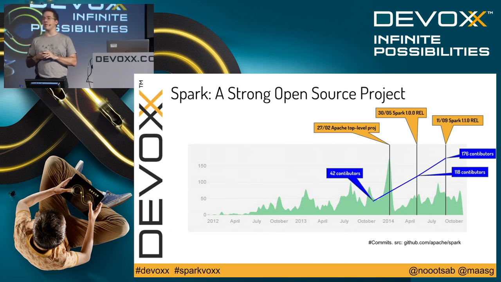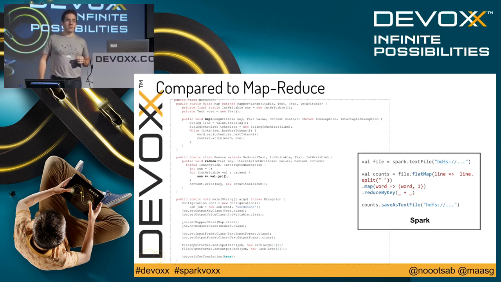Probably we will have above 200 contributors for the Spark 1.1.1 release. One of the medals that Spark has already taken into its own possession is that they are able to manage the open source project really well. The contributions are really streamed into the code, and the managers of the community are doing an excellent job on having the contributions done where they are needed. But let's get started with some code.